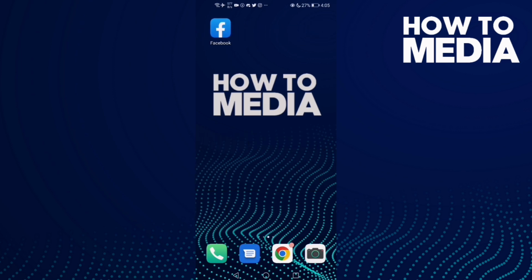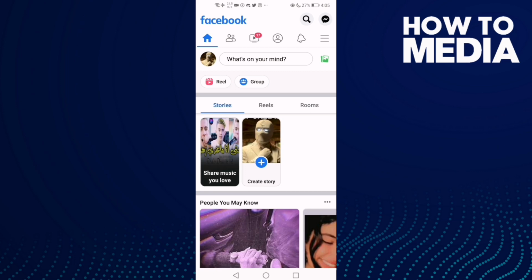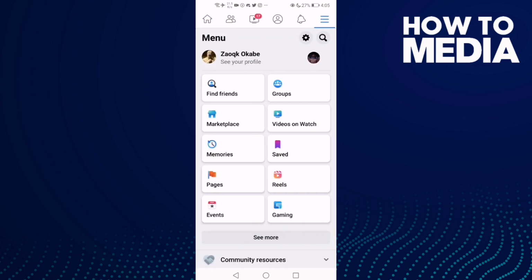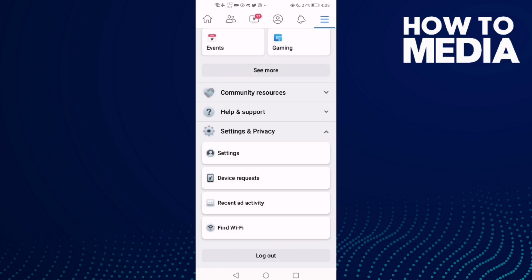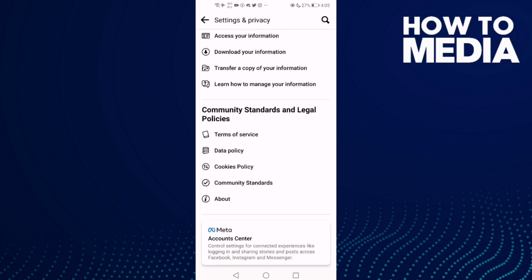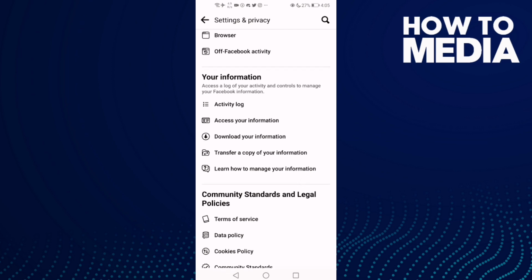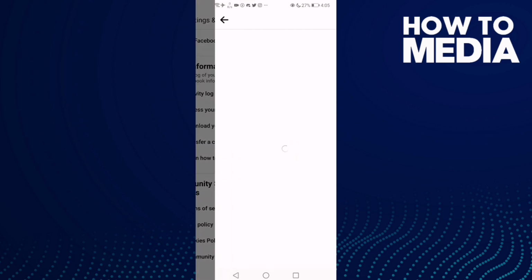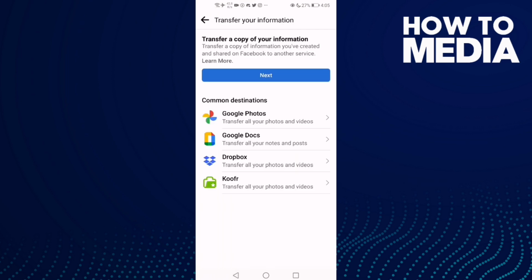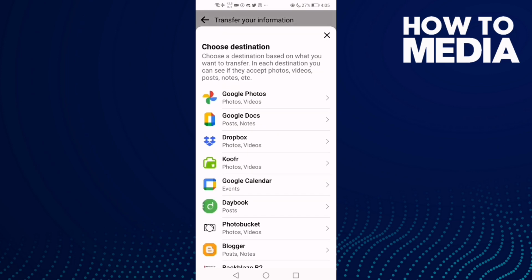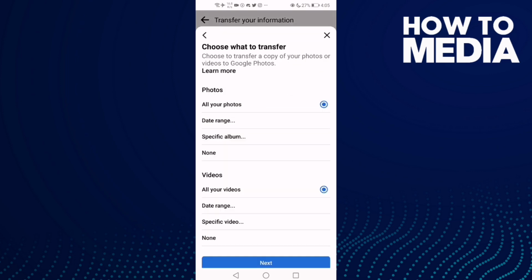Photos on Facebook Mobile. First thing, go to Facebook and now click these three lines here in the top corner and go down, click settings and privacy, and then settings, and go down here until you find transfer a copy of your information. Click on it and then click next, and now click Google Photos and click no one, and then